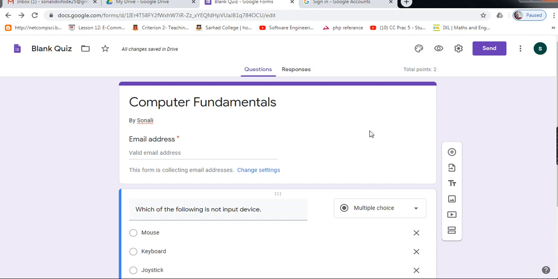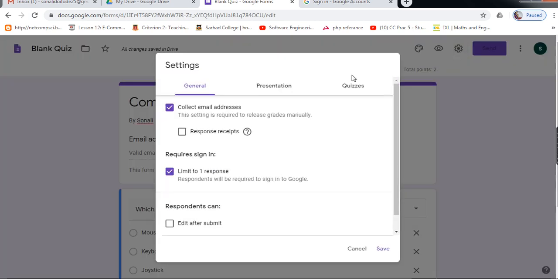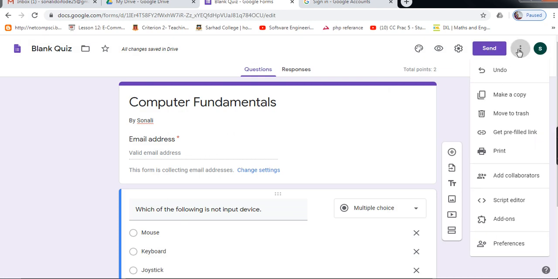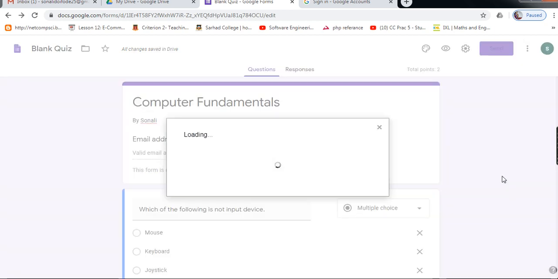Now it's time to share with the students, or share with someone. For this, you can copy this link and send it to the students, or you can copy this link from the option add collaborators.